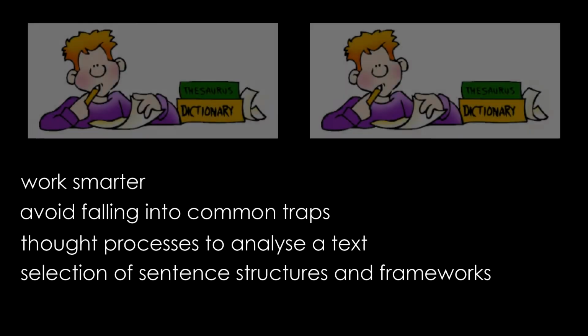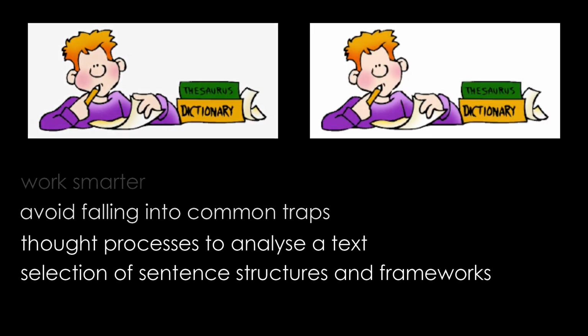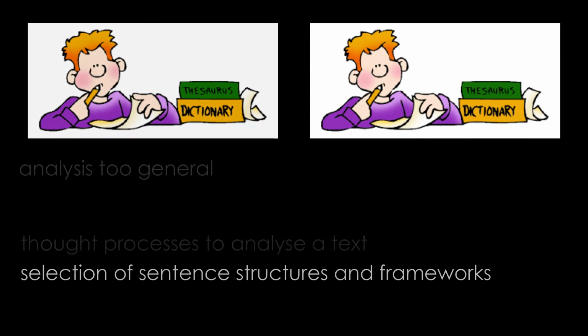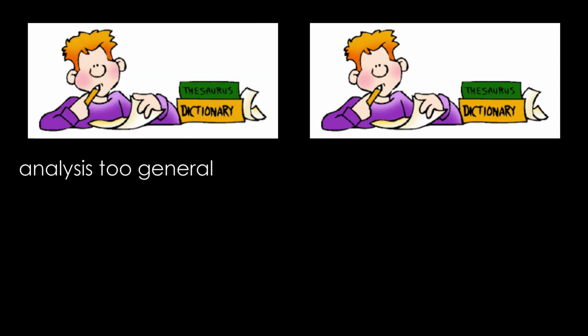A trap that students often fall into is analysing the language in a text in very general terms. I call this analysis social butterfly analysis. While a butterfly is an insect which flits from flower to flower, a social butterfly is a person who is very happy to flit from one group of people to another, or from social event to social event, and is just at home in one setting as another.